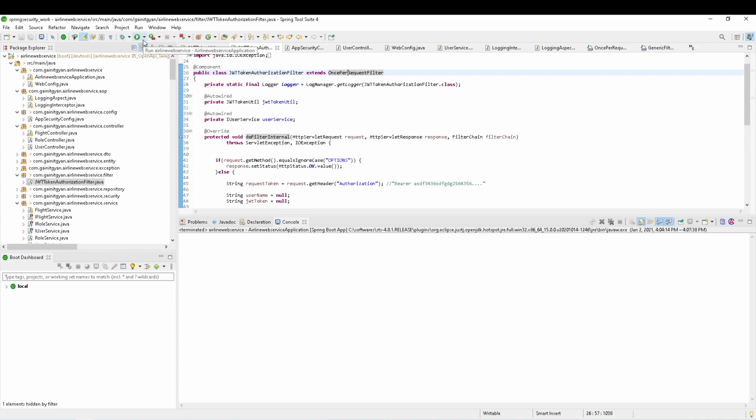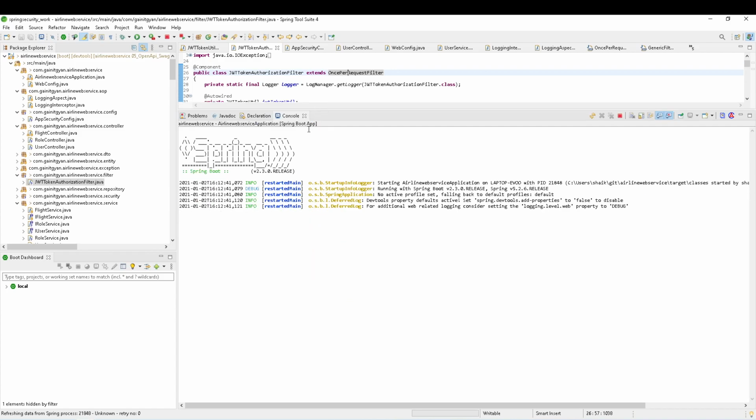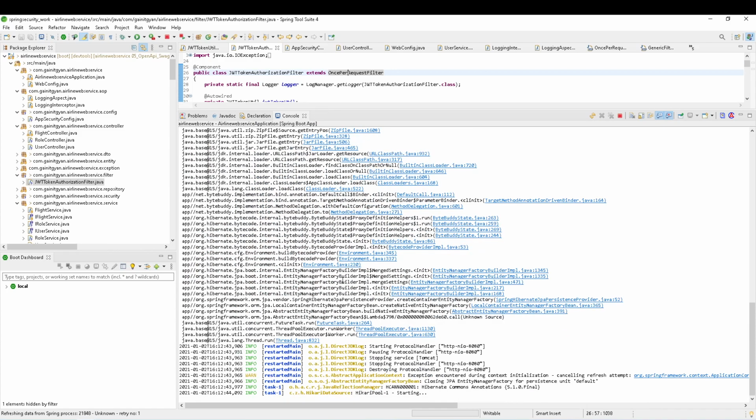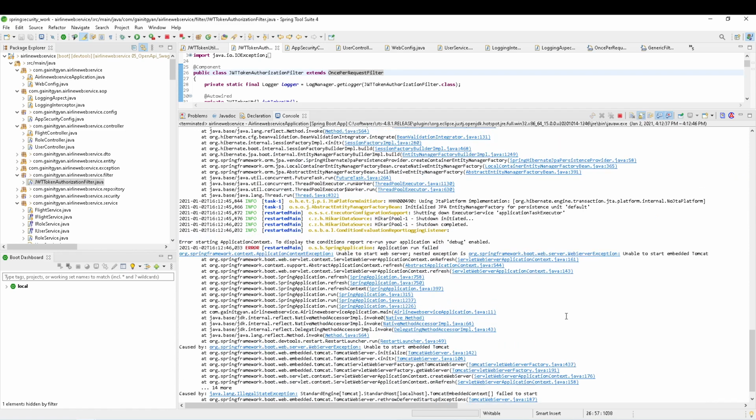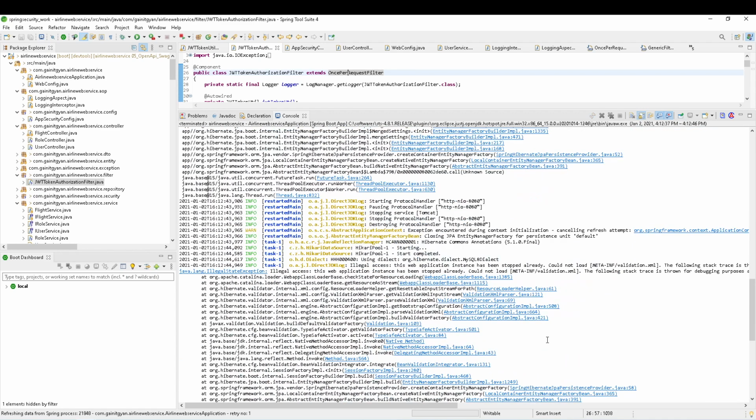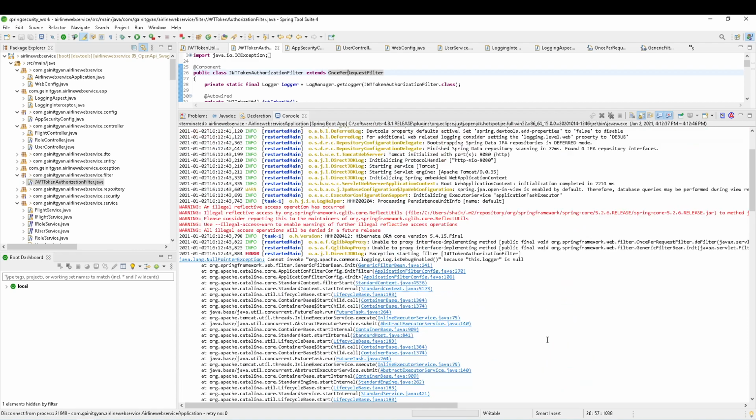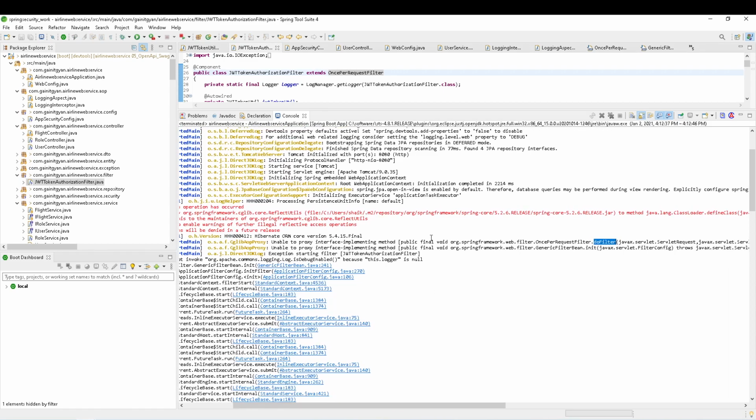You might also need to tweak a little bit to get rid of the issue. So what I'm going to do is start the application and expand the console. You can see that it is failing because, if I scroll up to the root cause, it says unable to proxy interface implementing method public void doFilter. You can see that there is a final method in